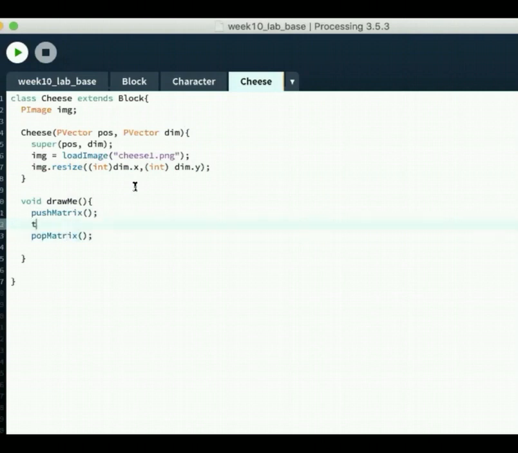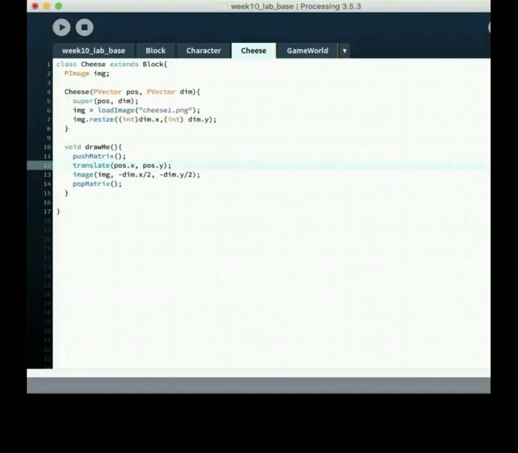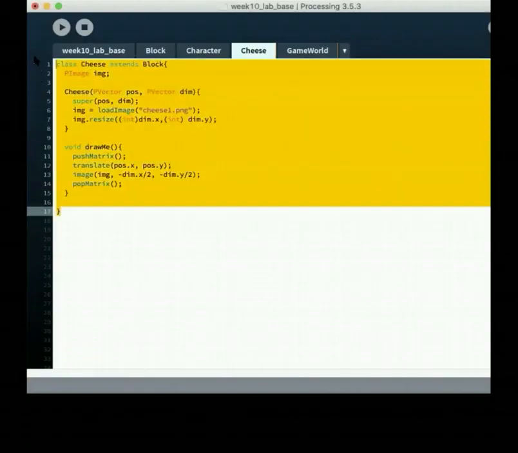And here we should translate to position.x, position.y, so we can draw the image at its center. Again, we need to move the image by half the dimension, or half its width and height. So we're done with our cheese class. All right, if you're done with your cheese class, let's run your project and see if there are any